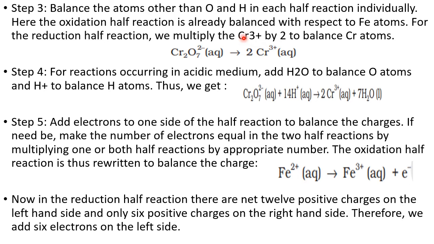So therefore, I have to add water molecules on the side where I am facing the shortage of O. I am facing a shortage of O on the RHS. How many? 7. Therefore, I have to add 7H2O. This I have added here. By adding 7H2O, 7 O is balanced, but the 14 H is not balanced. That I have to take on the LHS in the form of H+ ion. Why? Because it is taking place in the acidic medium. To show the acidic medium, I have to add H+ only. So 14 H+ I have taken. In this way, I have balanced the Cr, iron, O and hydrogen.